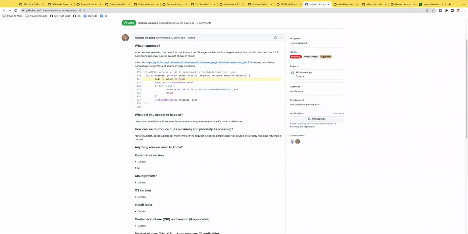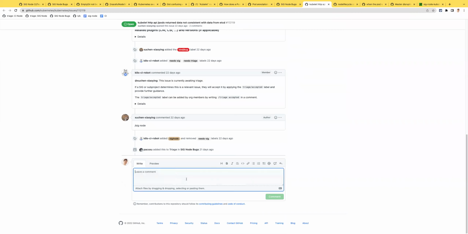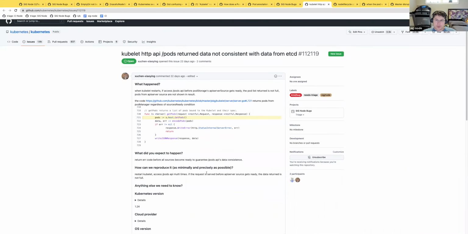Well, send that to me. I will have a look, and I'm interested in this area. Just thinking aloud, if the API contract of the pods endpoint says this can change, okay, but I need to check. So yeah, send that to me. I'm happy to learn. Let's keep it as a bug.